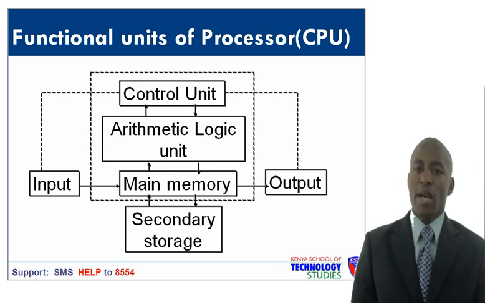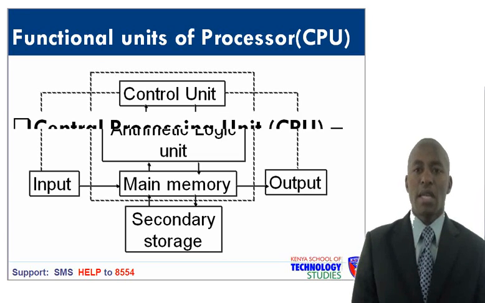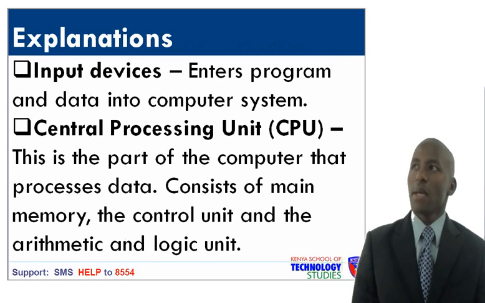The other one, or the last category there, is the secondary storage. Therefore it means you can input the data and then you store, awaiting to be processed later, or you can enter the data, process, and output. Once you get the information, you can also prefer to store the information in that computer. Let us now look at further explanations of the functional units of a CPU.